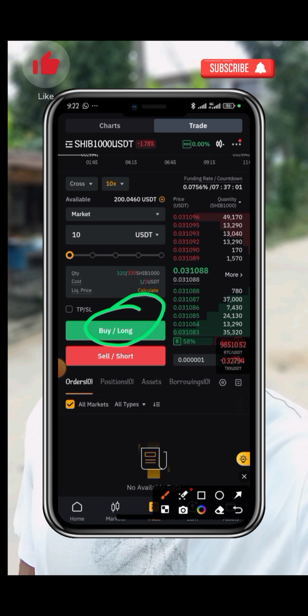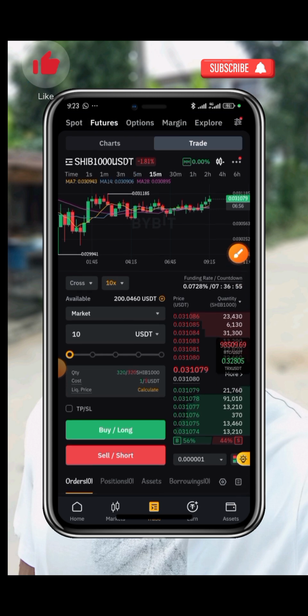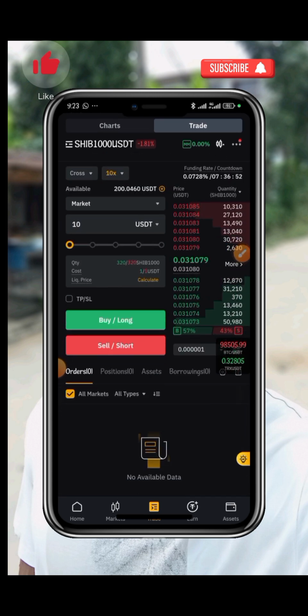Once you click on buy long, the trade is going to automatically open. Okay, I don't want to open any trade now. I am not willing to take that risk. The market is very unstable. But by the time you click on buy long, that trade is going to automatically open. Now when the trade has opened, it is very easy to close a trade. Very, very simple. Now always remember,